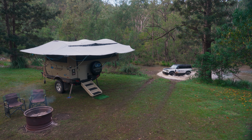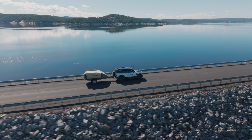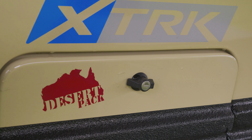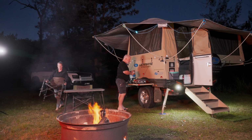Whether your preference is to stop at one location and move on the following day, or you like to stay put for a period of time, the Ultimate XTRK Desert Pack has definitely got you covered. What Ultimate did is they brought along their XTRK with that desert pack. The XTRK is their entry level or base level model, so it doesn't come with all the bells and whistles, but it's designed for the camper that has